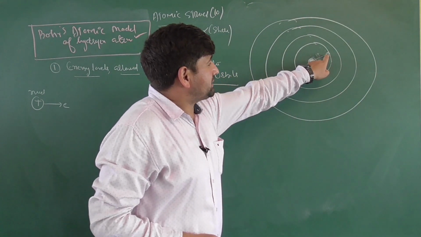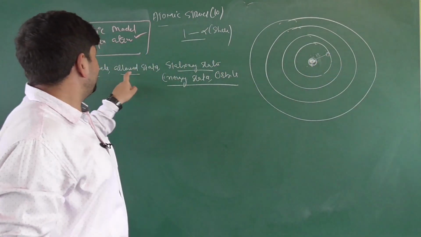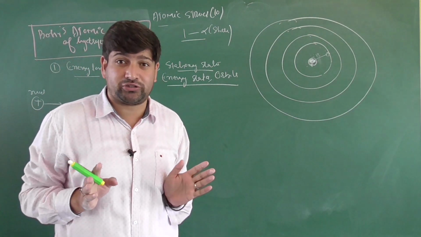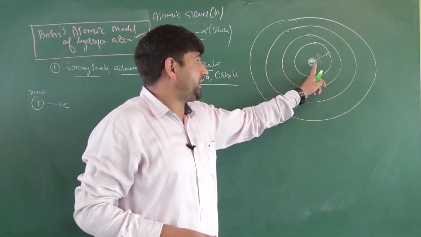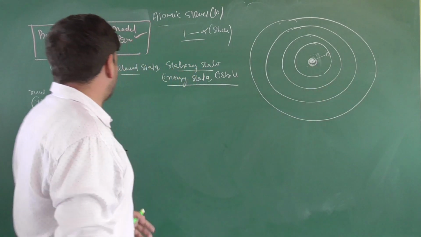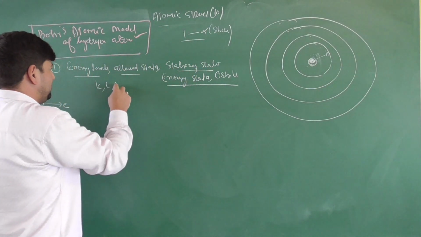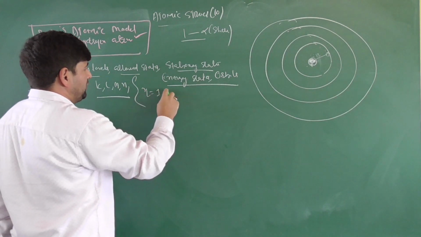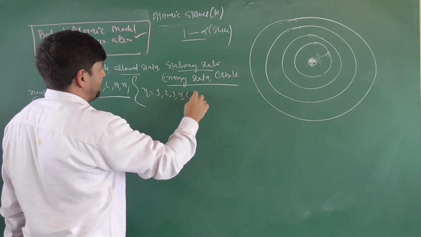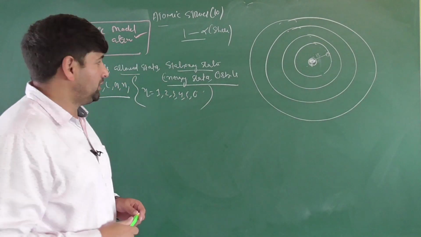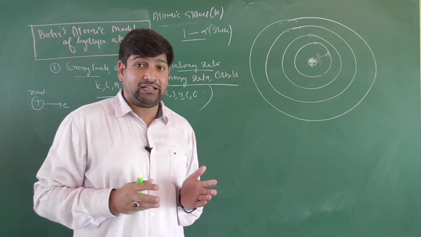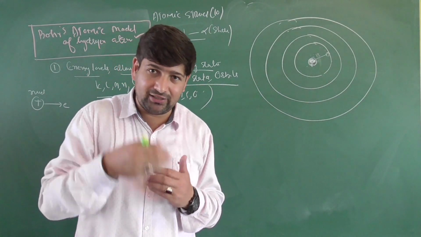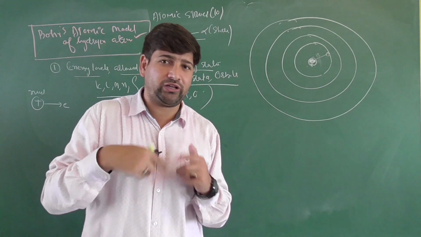But electrons are present in the shells which are called allowed states. That means in an atom, all shells are not possible. So number one, electrons are rotating in shells around the nucleus. We call those shells K, L, M, N, and the word we use for it is principal quantum number, which can be 1, 2, 3, 4, 5, 6, and so on. Clear? Number two, electrostatic force exists between electrons and nucleus, and it is the electrostatic force which provides the energy source for the electron to keep rotating around the nucleus.